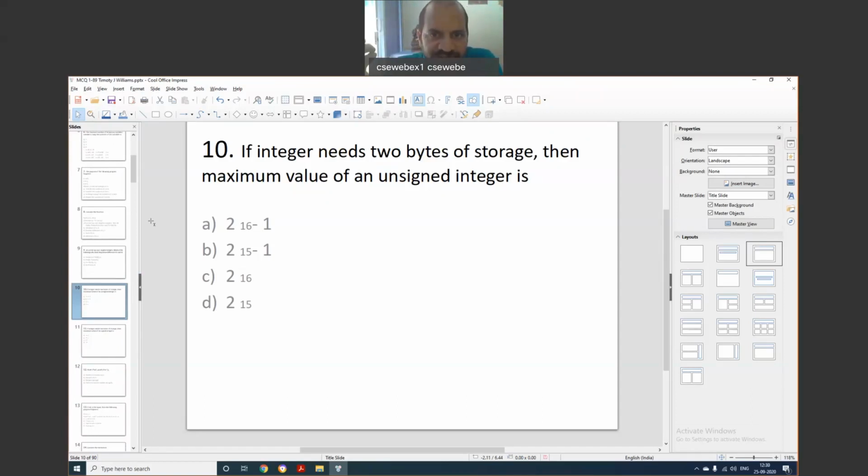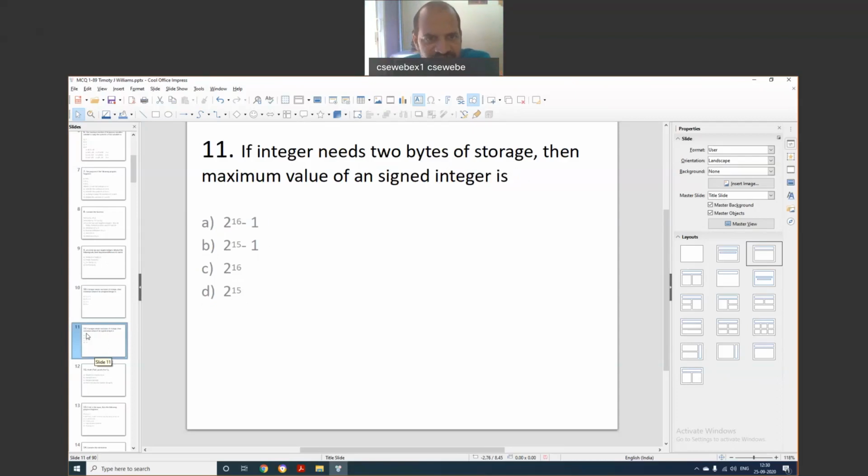So 0 to 15, a total of 16 combinations. So total combinations will be 2 power the number of bits, but numbering starts from 0. That's why the result is 2 power number of bits minus 1. Right?